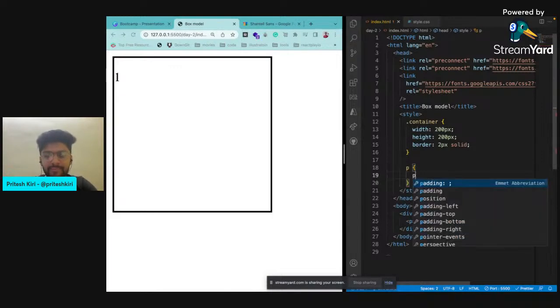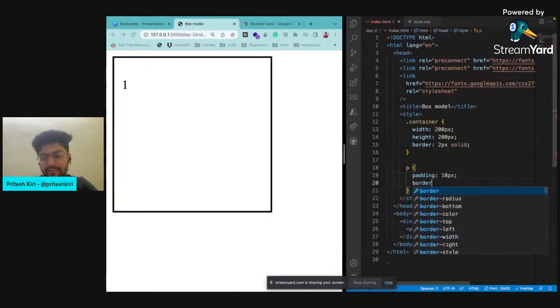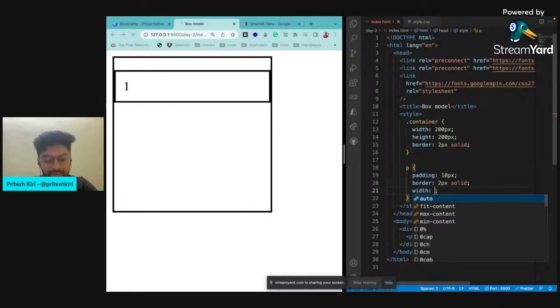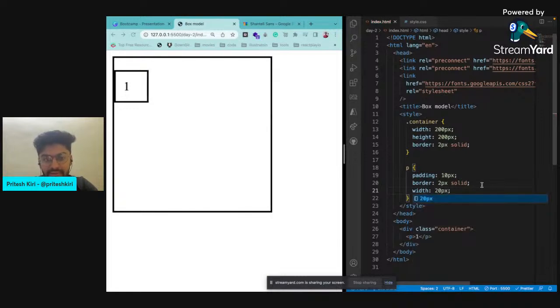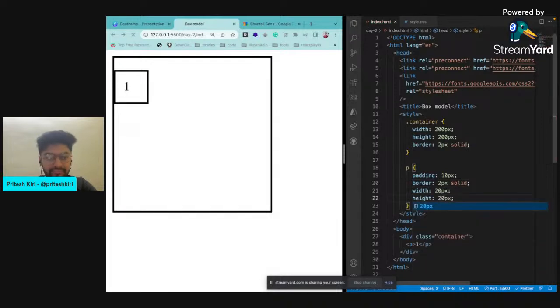I will give some padding, let's say 10 pixels, and a border of 2 pixels solid, and a width equal to 20 pixels and height 20 pixels. Now if I inspect this,